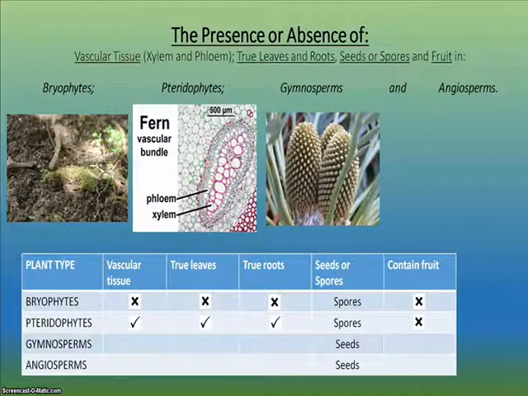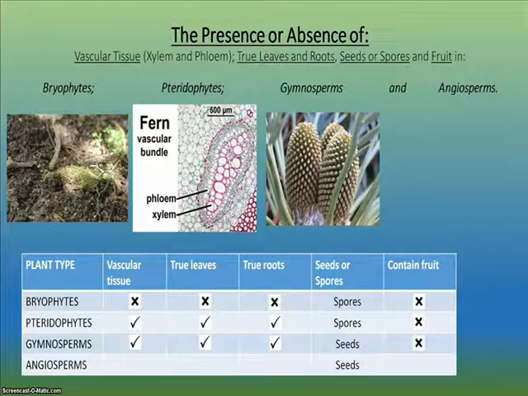Gymnosperms, like pteridophytes, are vascular plants because they contain xylem and phloem for the transport of water and nutrients. They have real roots and leaves, but have seeds instead of spores for reproduction. The seed is located on the open surface of a scale of a female cone, and gymnosperms do not form